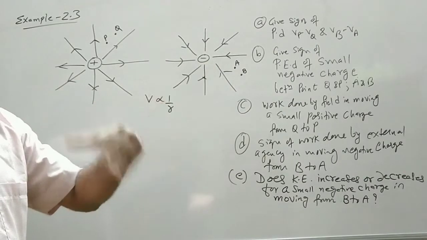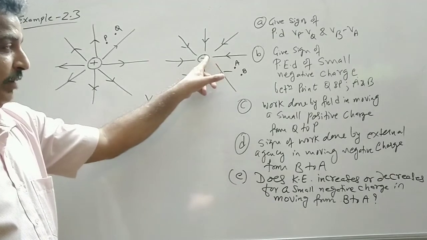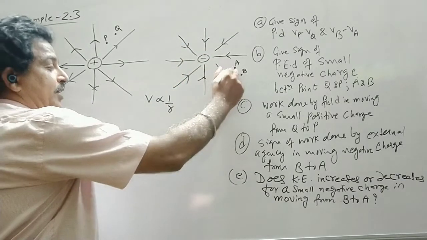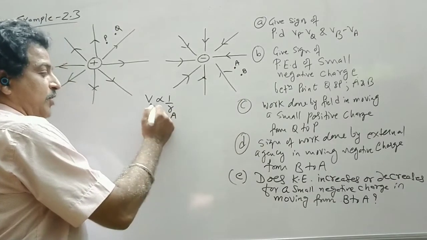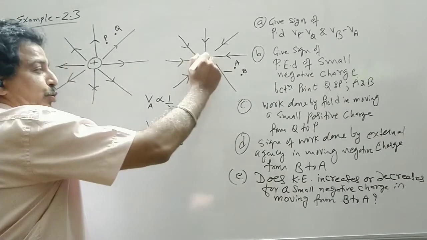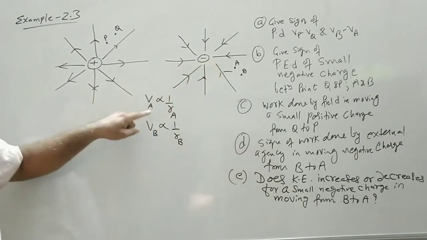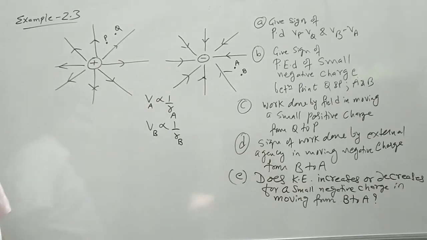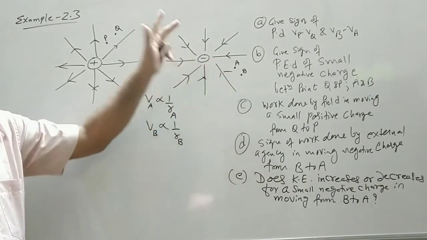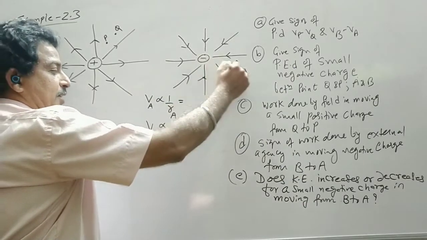So in the case of negative polarity, if I say 1 upon R, 1 upon the distance, for distance A this is the potential at A, and this is the potential at B. But the source is negative. Now if A is less, when we move from A, the distance when A is less, say I take this distance as a meter.